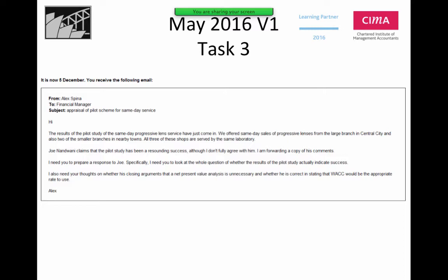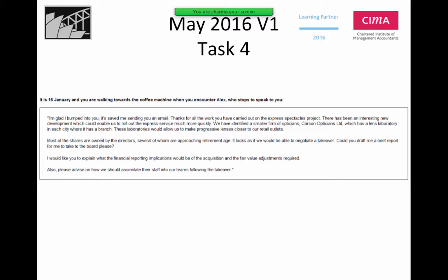right? Now, here we are challenging the pilot study, right? And they're also talking about a weighted average cost of capital. So the first, you can see how the same scenario, about the same day service, is continuing into task 3. Task 4, we look at it and it says, I'm glad I bumped into you. Thanks to the work you've carried out on the Express Spectacles project, there has been an interesting new development which could enable us to roll out the Express services much more